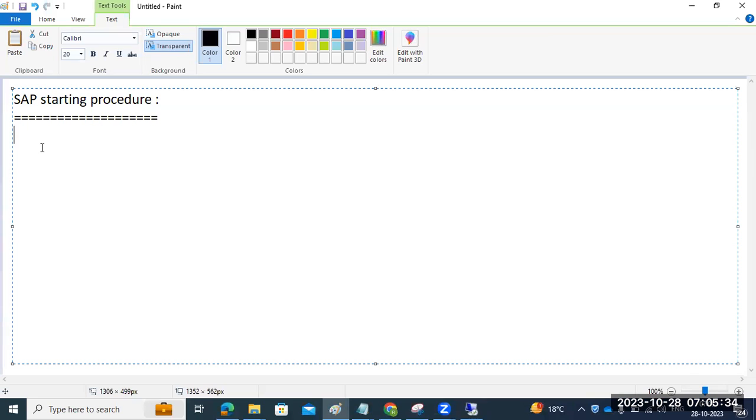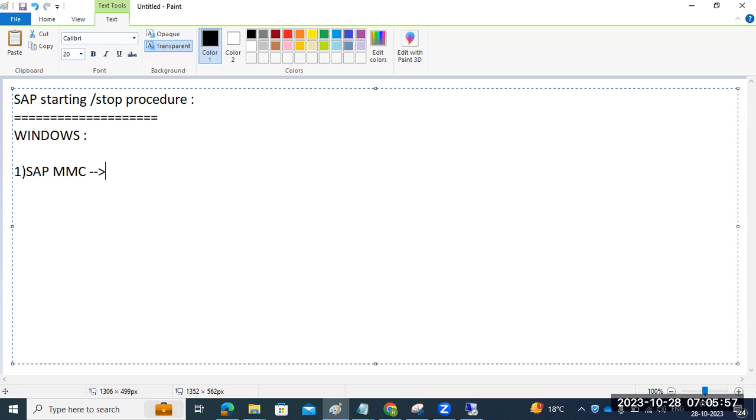So for SAP, there is a special starting and stopping procedure available. For starting the SAP systems, especially for Windows based systems, we have the SAP MMC available.